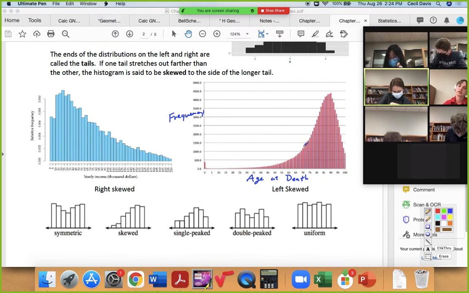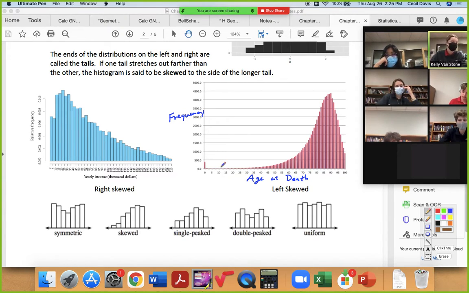So, although it has nothing to do with what we're talking about, what's going on here? If we were talking about, go ahead. Yeah, this is infant mortality rate,